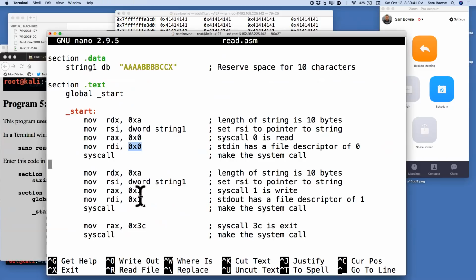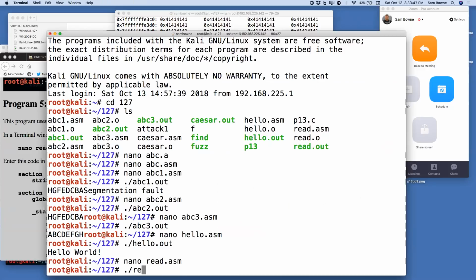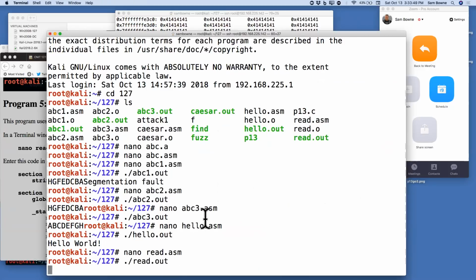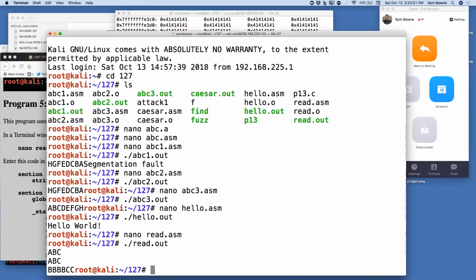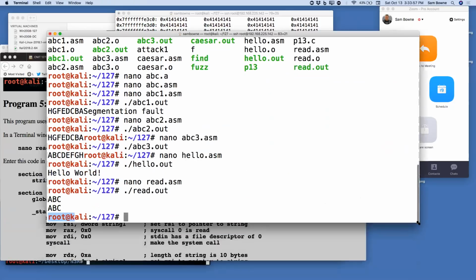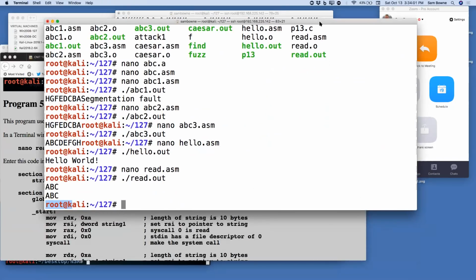But it's always going to print 10 characters, and that's going to produce some screwy bugs. So when you run this one, which is read, okay, it wants to take some data, so I can put in ABC, and I get ABC, and then I get extra junk after that, because it always prints 10 characters, and it reserved space for them, so it's going to print stuff that's hanging around, left over from before. And remember, the first thing I loaded it with was,